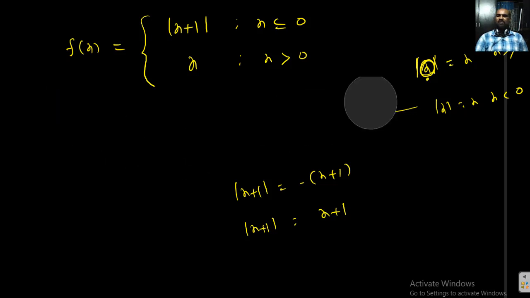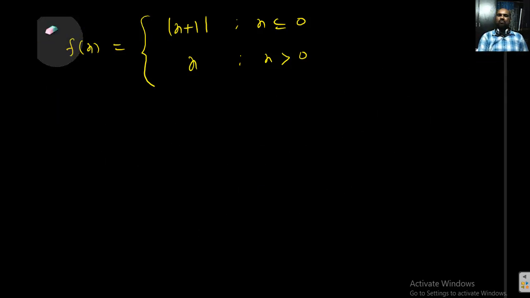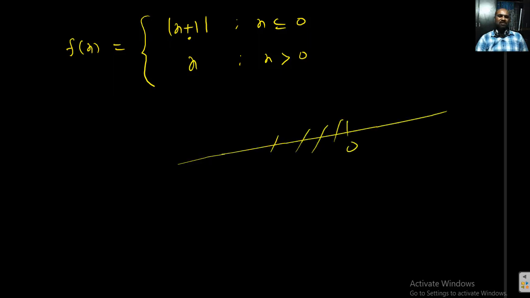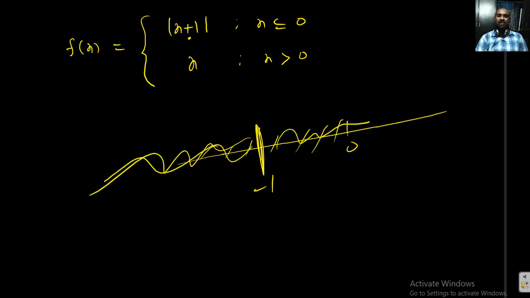So to open the modulus here, I want below minus 1 and above minus 1. But only less than 0 is given. What I want is less than minus 1 and greater than minus 1. So less than minus 1, and minus 1 to 0 as another piece. That's why, first of all, this x less than 0 is split into two pieces. I will write what the two pieces are.